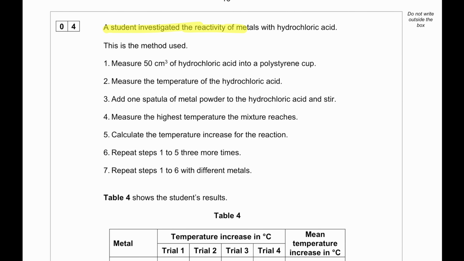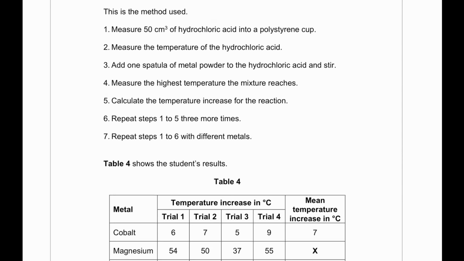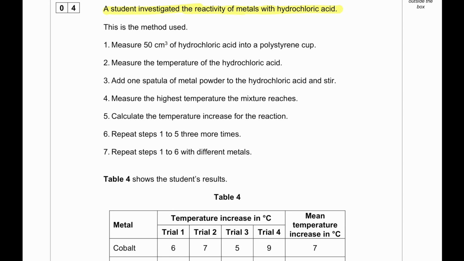A student investigated the reactivity of metals with hydrochloric acid. As a method, the student measured 50 cm³ hydrochloric acid into a polystyrene cup. Measure the temperature of the hydrochloric acid. So this gives us the initial temperature